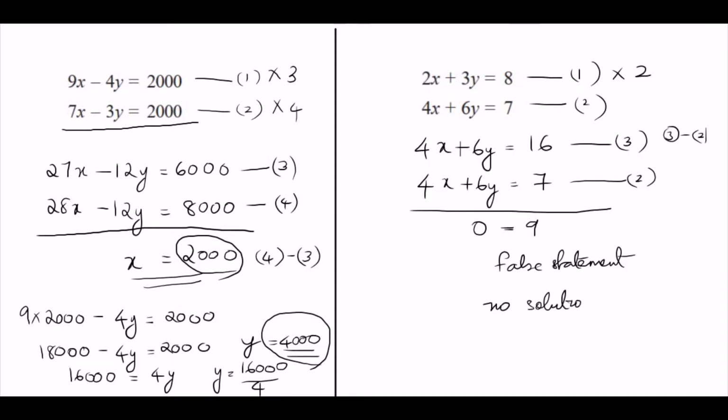Similarly, as you have seen in the substitution method, when you get a false statement, that means there is no solution. In a similar way, when you take some equations and try to eliminate a variable, you may get a true statement without any variables. If you get a true statement like that, you can say there are infinitely many solutions for that pair of linear equations in two variables. So I have just taken two examples.